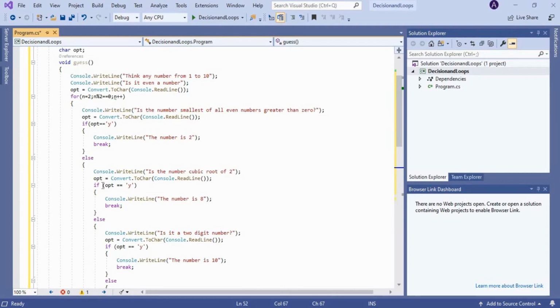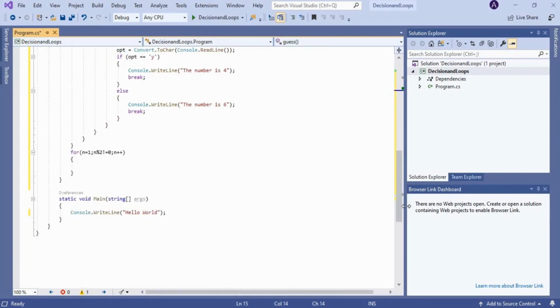You can execute this program even without a looping construct, like you can have nested if or nested switch case statements to execute such programs, right? So I have used the for loop here just to demonstrate the for loop and other looping constructs, right?